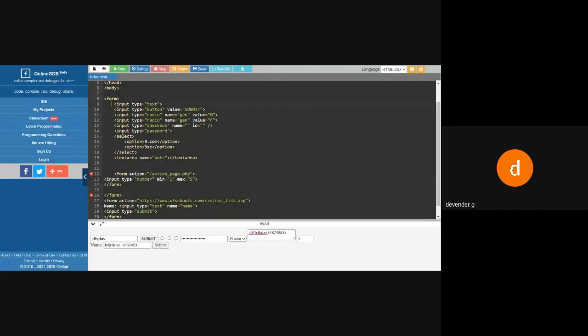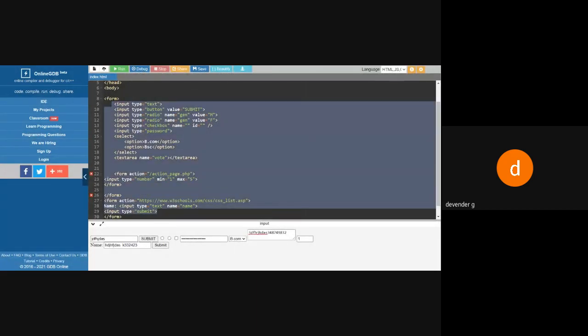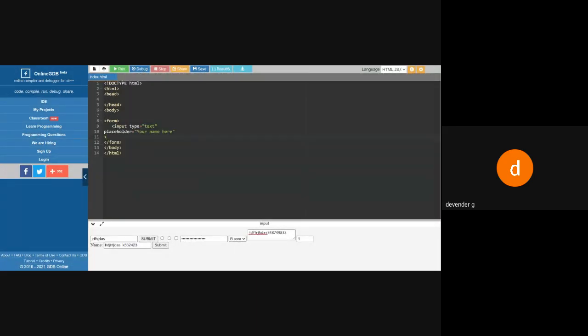So I'm removing all these things so as not to get confused. Now I'll write this one and I'll run this. Now you can see here my box has been filled with the gray color, and if I try to enter, that will be gone. If I remove this, again it will come. So it's like a hint to the users where they are going to enter something. Okay.